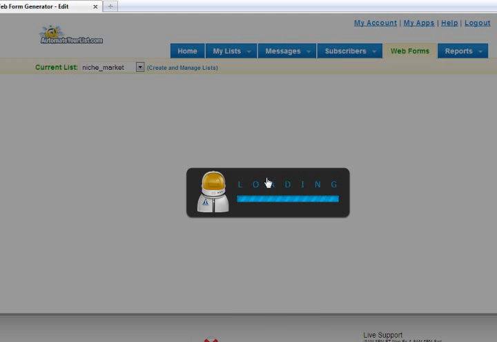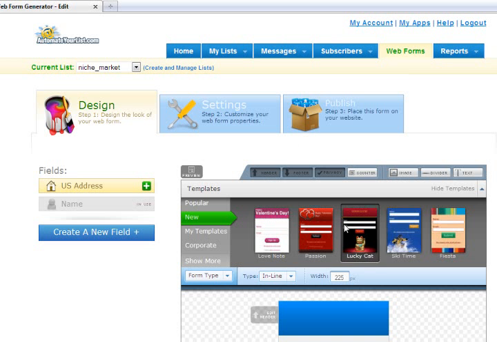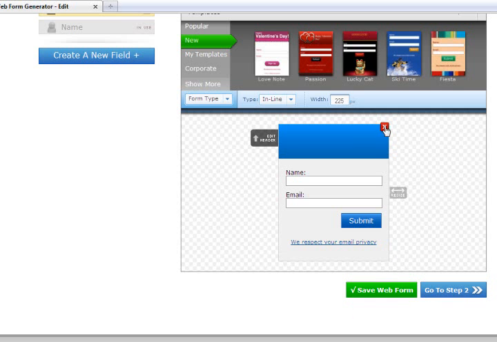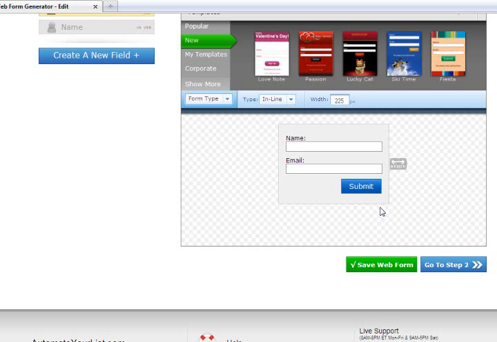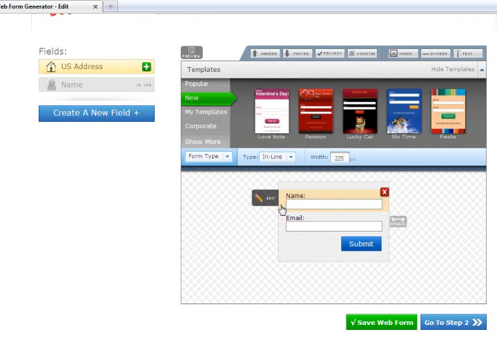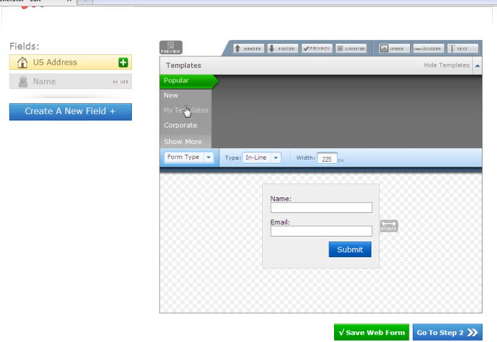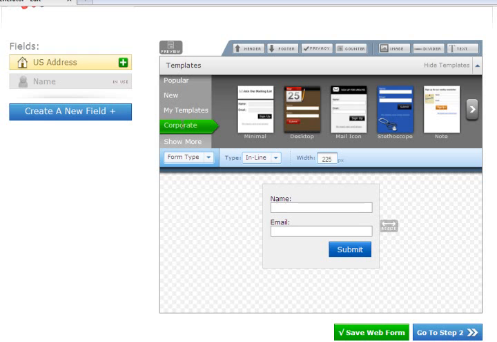Now Aweber and Automate Your List give you all these fancy different web form boxes, and that's cool in their own right. You can alter them however you want. You can remove the footer or the header or the privacy or whatever you want to do. I personally use plain Jane boxes. I don't even use the Aweber and Automate Your List CSS styling, is what this is called. I personally don't use these, but if you're just getting started and you're really just copy and pasting the form onto websites, this is going to be a good option for you at first. So